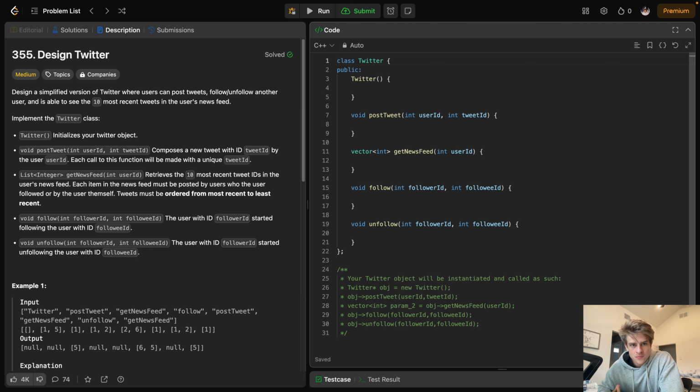Another LeetCode video today. This one's called Design Twitter. They want us to design a simplified version of Twitter where users can post tweets, follow and unfollow other users, and they can see the 10 most recent tweets in the user's news feed. Each one of the functions, let's see, they have this constructor Twitter, which initializes the object, obviously, and